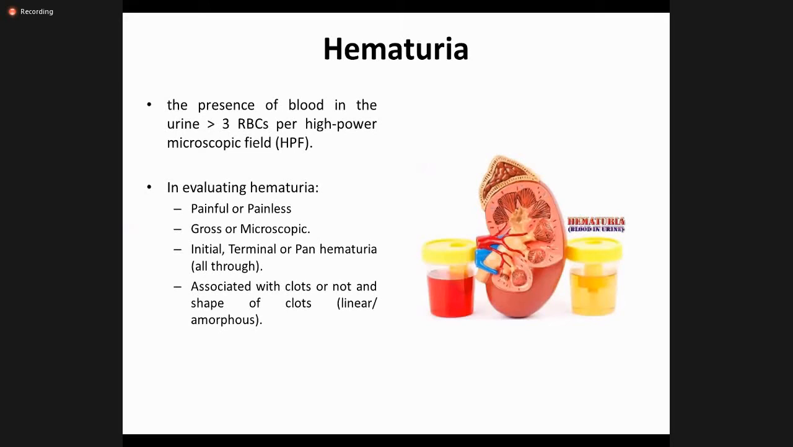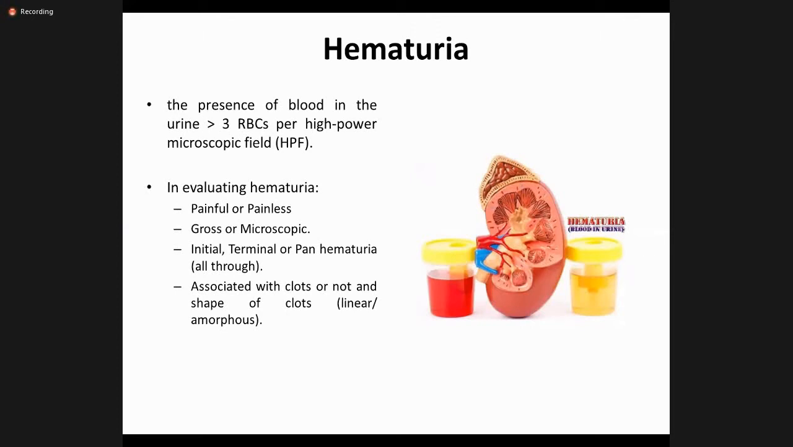Now, coming to the next topic, hematuria. What do you mean by hematuria? It's the presence of blood in the urine, greater than 3 RBCs per high power field on microscopy. In evaluating hematuria, we first have to ask the patient whether it is painful or painless, whether it is gross or he has some report which is giving the report of microscopic